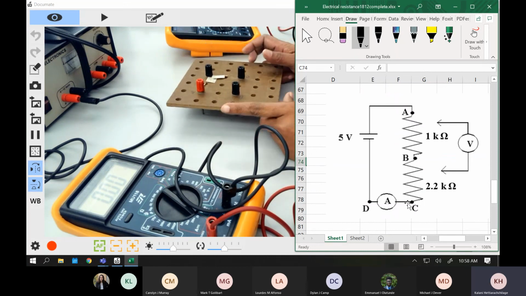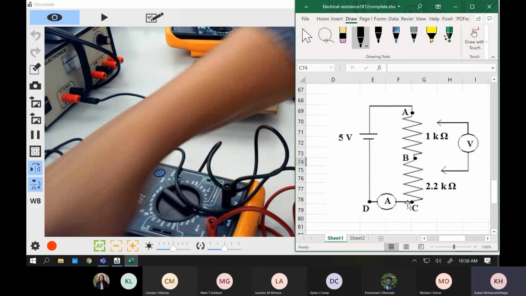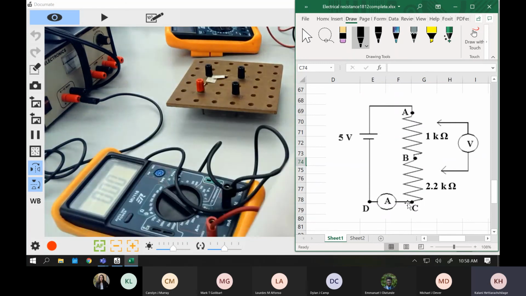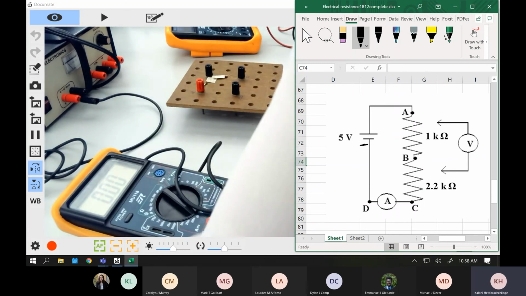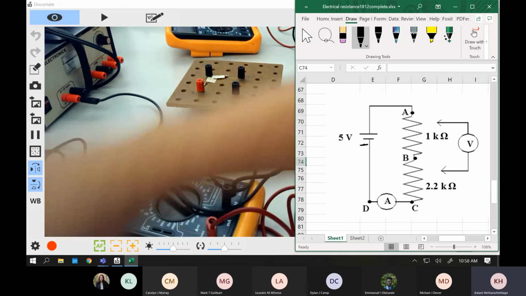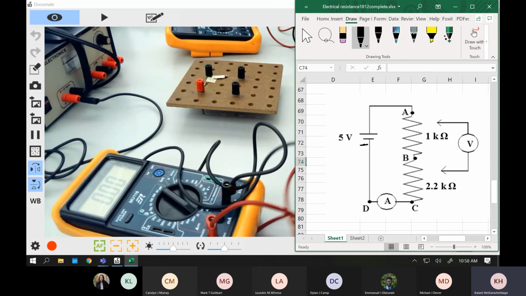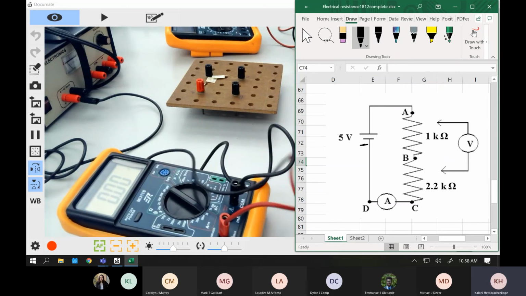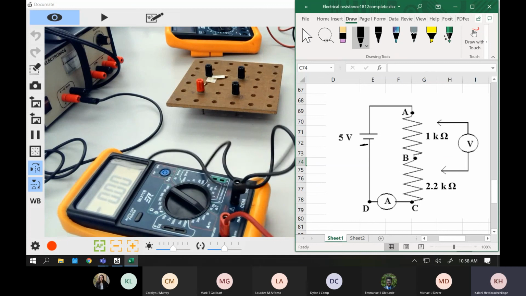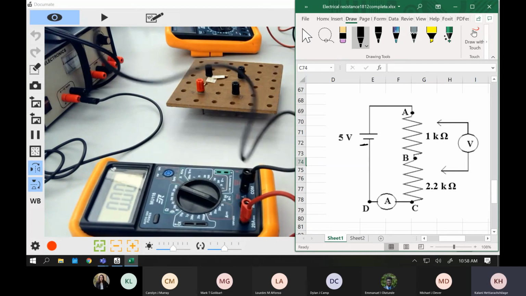So now check on the circuit. We have the negative terminal of the power supply, and it will go to the ammeter. That's the first part we're going to do. So now you take the COM from your ammeter, right? Take the COM of your ammeter. That will be the black wire from the ammeter.